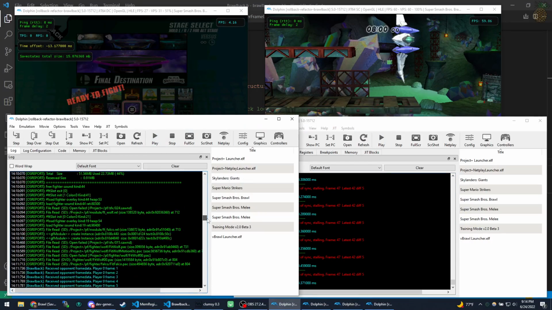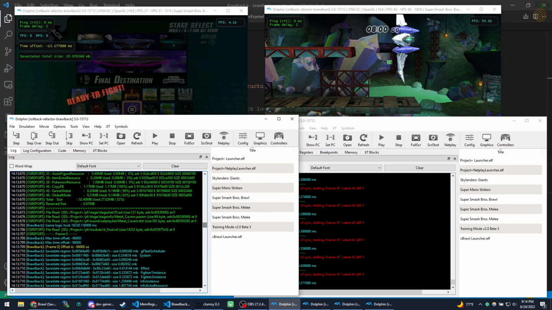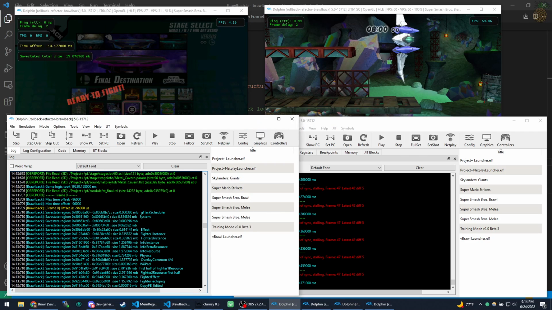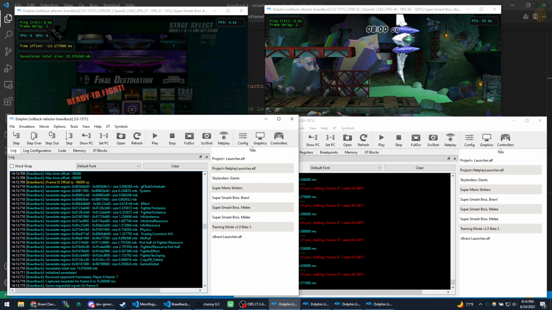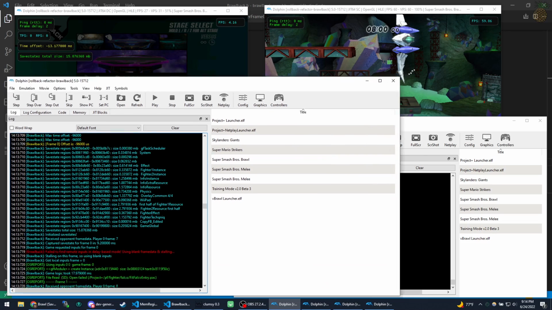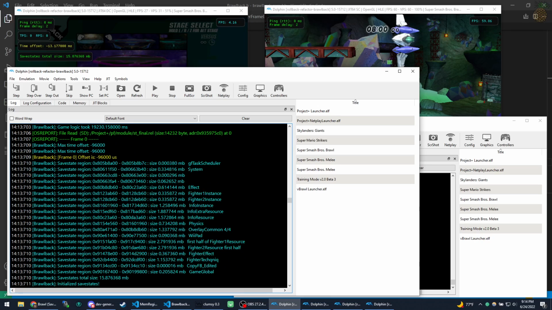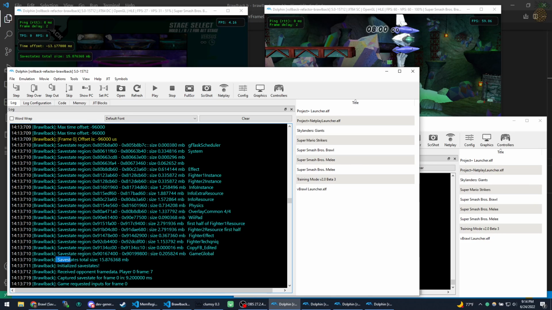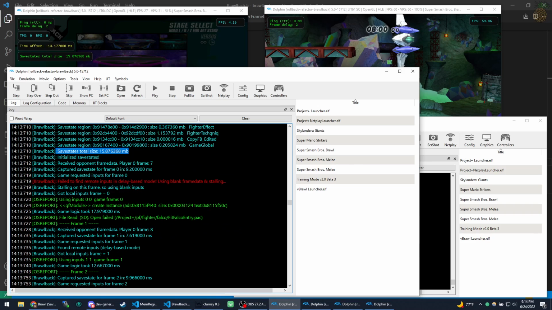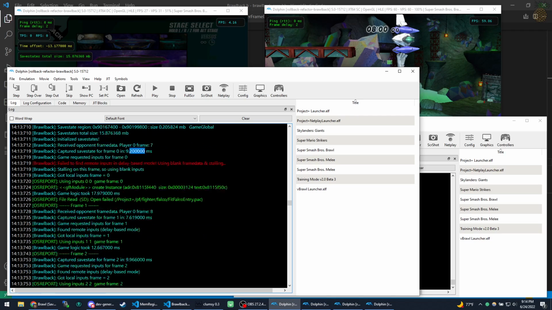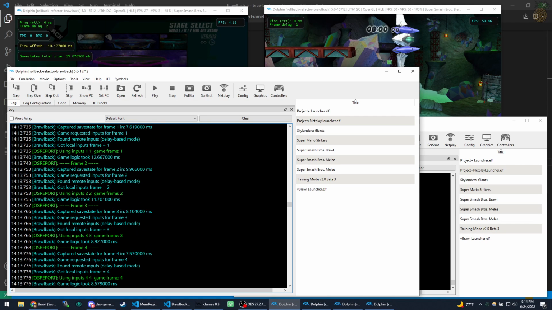Yeah. Okay, here we go. So if you start up a net play match, and I can go over setting up 2 instances of Dolphin and having them connect and all that stuff, but here's the important stuff. So we can see save state total size right now it's about 15.8 megabytes, which is large but isn't awful. And this first capture also has to allocate, so you can kind of ignore this number. But if you come down to some of these,